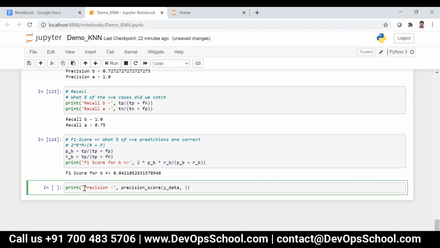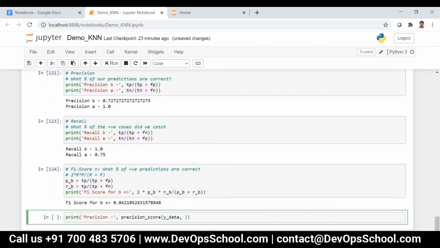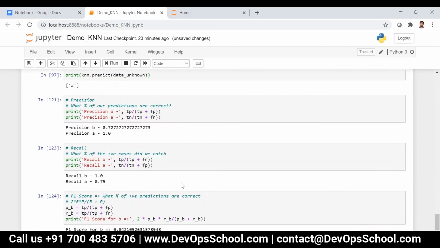Positive cases means it will consider only B. Positive predictions means it can be false positive also, true positive also. True negative is also a positive prediction, actually it is a no predictor.